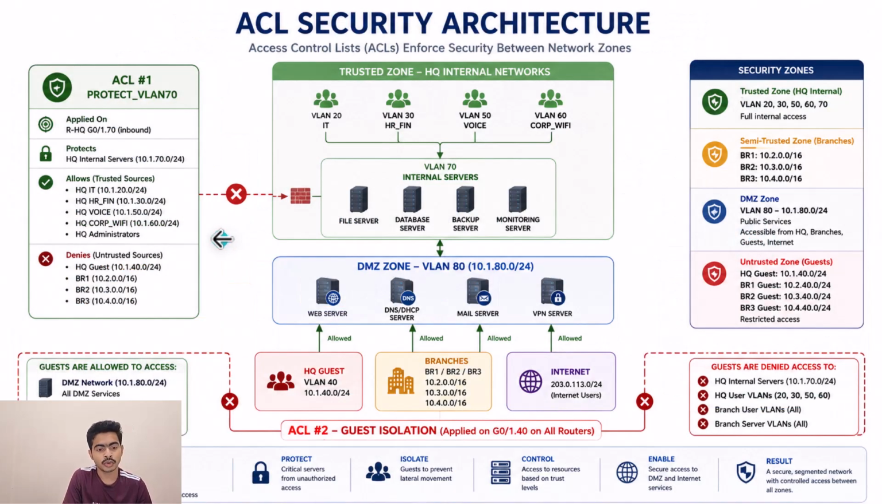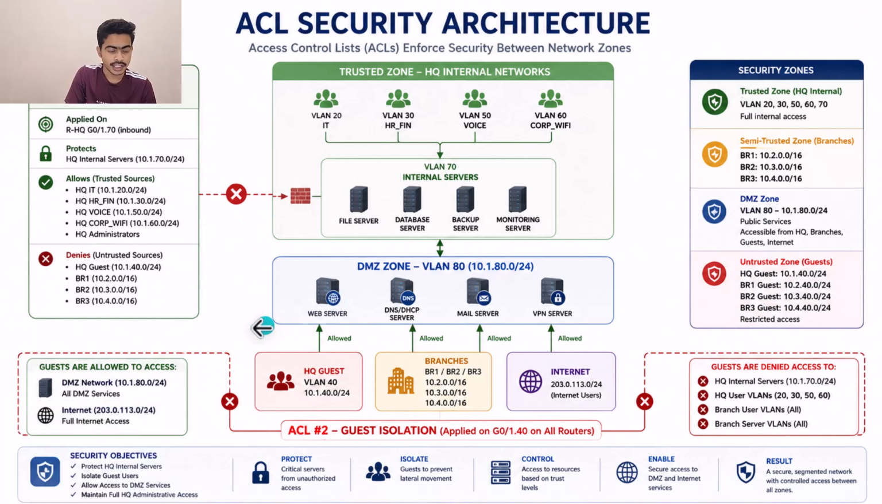We have applied two ACLs in our network. One is for protecting the internal server from the public access. We have set the rules so that only the internal headquarter VLAN can access the internal servers. It's not exposed to the public, even the other branches. While the DMZ zone is accessible by everyone: the internet traffic, also the other branches, HQ guests, and their own internal